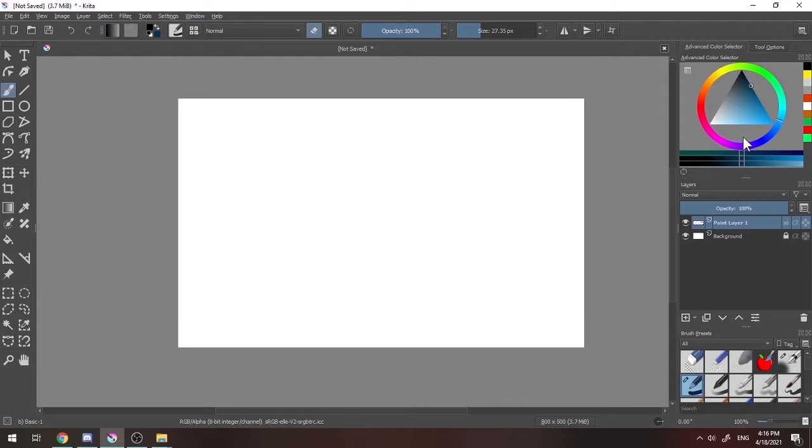Now we will start by making the basic shape of the apple. First of all, let's choose a black color and delete the paint layer because we will be using a vector layer. You can do that by clicking on the paint layer and hitting Shift Delete. And to make a new vector layer, just go right here and hit the arrow and vector layer. And we will be using a vector layer, so